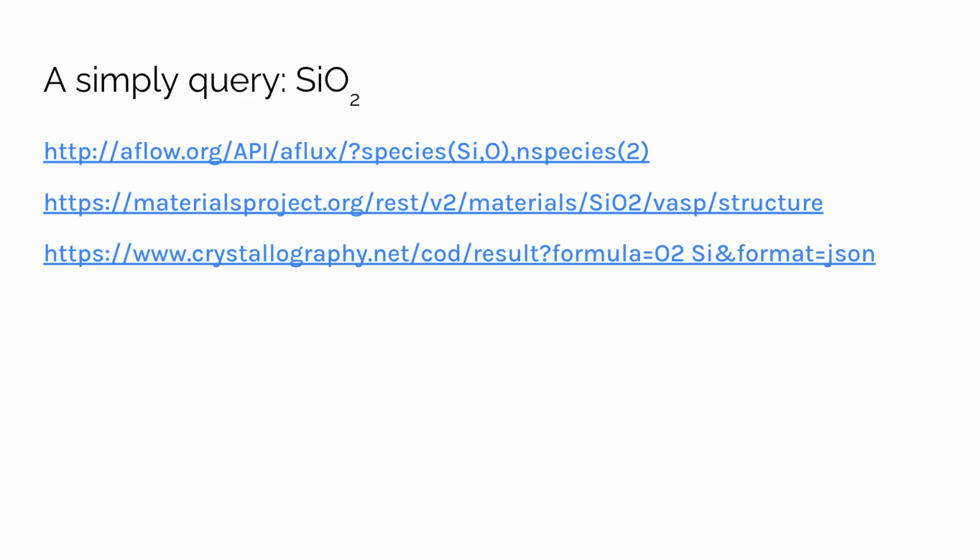And you'll see they all look kind of different. So the AFlow, you have some stuff at the start, which might make sense. You have AFlow/API. Cool. You then have this thing called aflux, like, okay, don't know what that is, but cool. And then you have this query parameter. So a question mark indicates that we're now querying that aflux endpoint for things that have silicon, oxygen, and 2 species. And you might think, well, there's lots of things that have those that aren't silicon dioxide, but